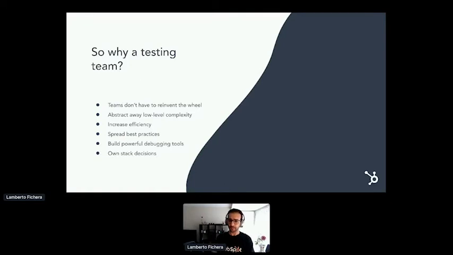And it's basically also a good way to spread best practices. It's really easy to start on the wrong foot with testing, and then it takes a good few iterations to correct those mistakes and actually find the best practices and share them in your organization. Especially the more you grow, the more that's true. So that is another important piece for a testing team.